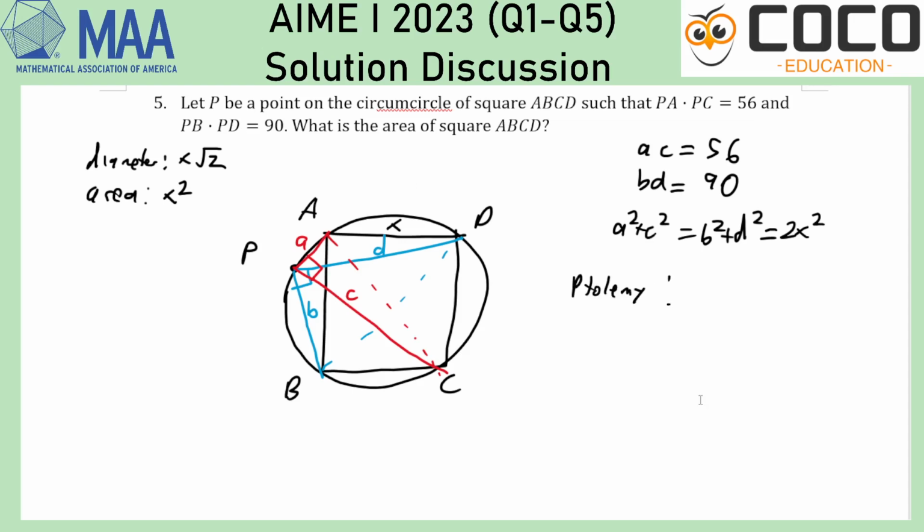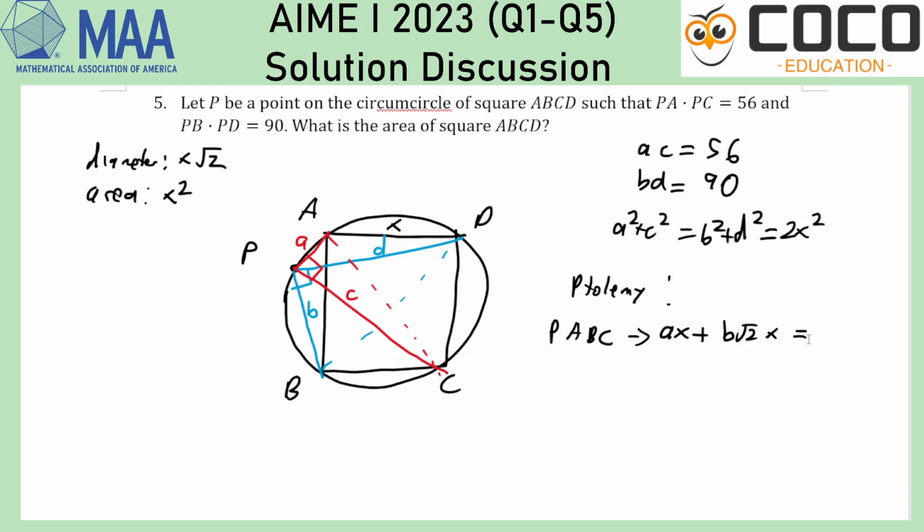Now, Ptolemy's is probably useful because we have got so many repeated lengths, like just x everywhere and then x square root 2. So remember that Ptolemy says that for a cyclic quadrilateral, the product of one pair of opposite sides plus the product of the other pair of opposite sides is equal to the product of the diagonals. So for instance, if I use PABC, it tells me that PA times BC and then PB times AC is equal to